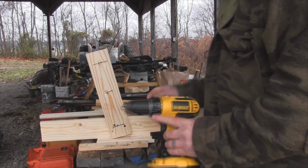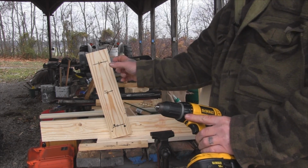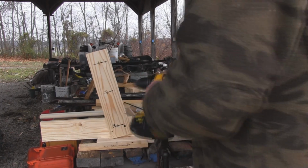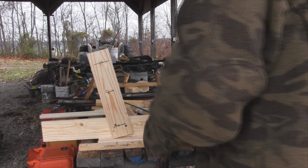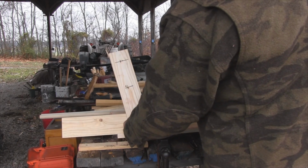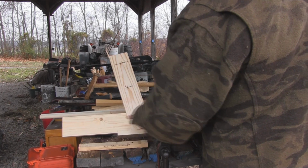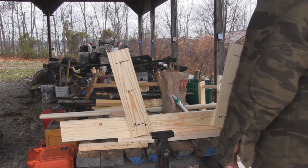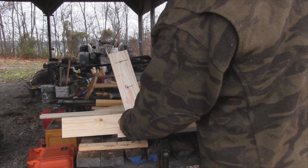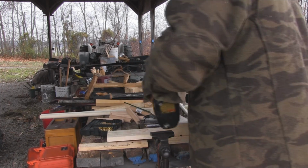And I'm just using a drill bit that's about the size of the 2.5 inch deck screws that I'm going to use to hold these pegs in. Now I've got to drill another hole for my heddle peg, and I want it to be above this hole just a little bit, because remember, those strings are going to pass underneath there. So I'm going to put my heddle up just a little ways from that, and I can pretty much just eyeball that to where I want it